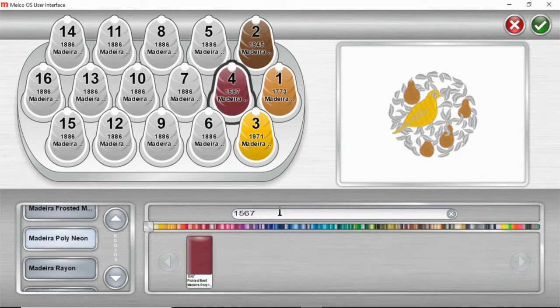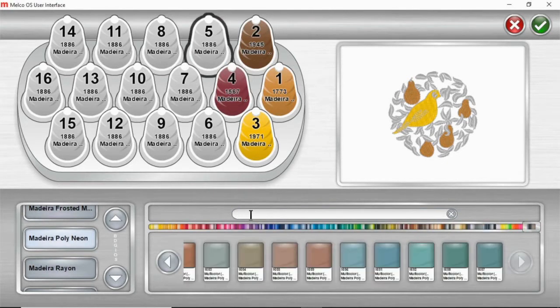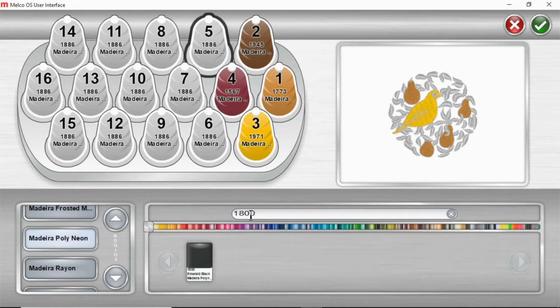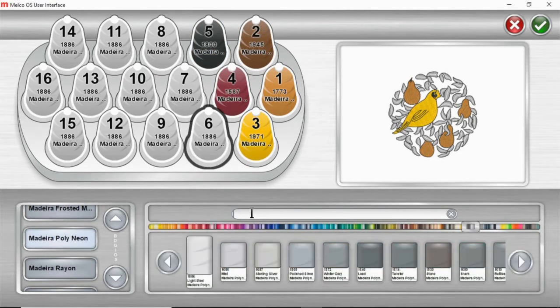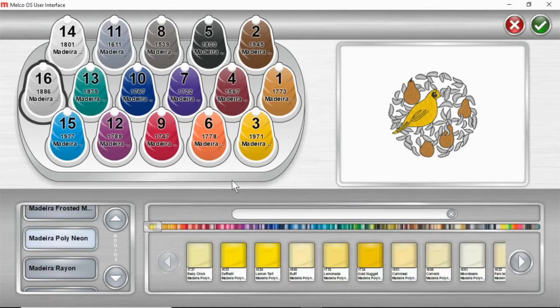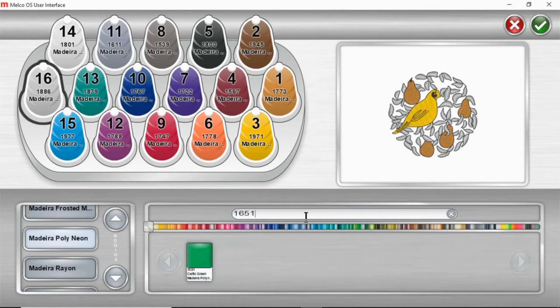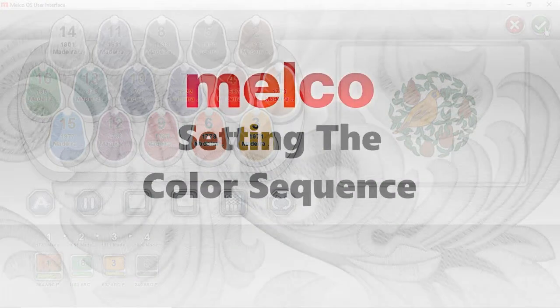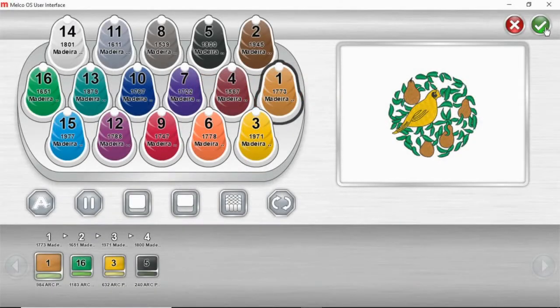So all I'm doing is typing in the color number from the top of the cone, and I'll go through all 16 needles this way. So now that I've got my thread tree colored, I'm going to confirm out of that screen. In the color sequence window,